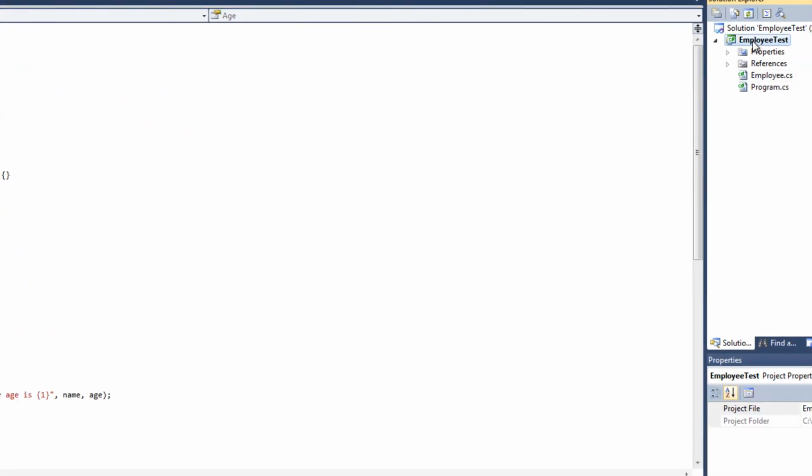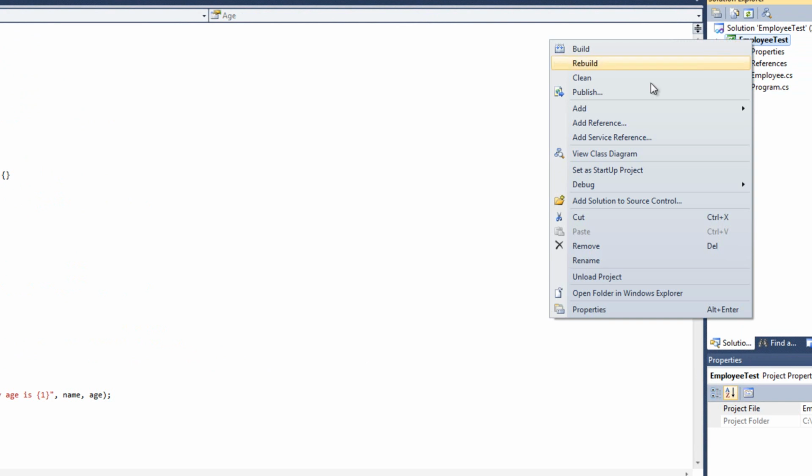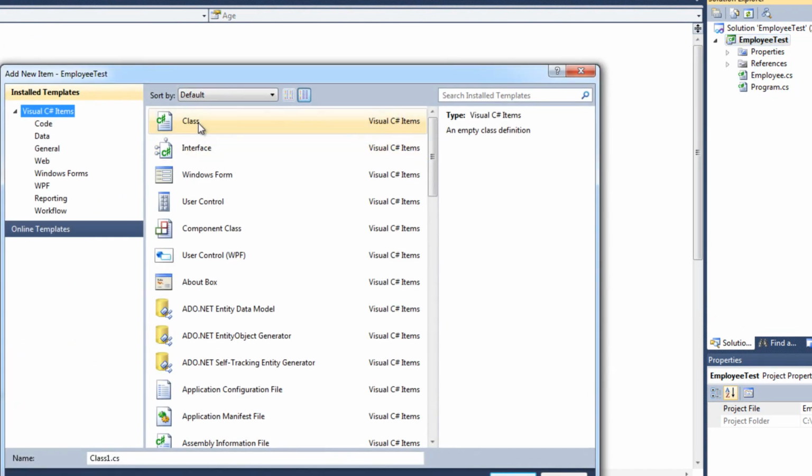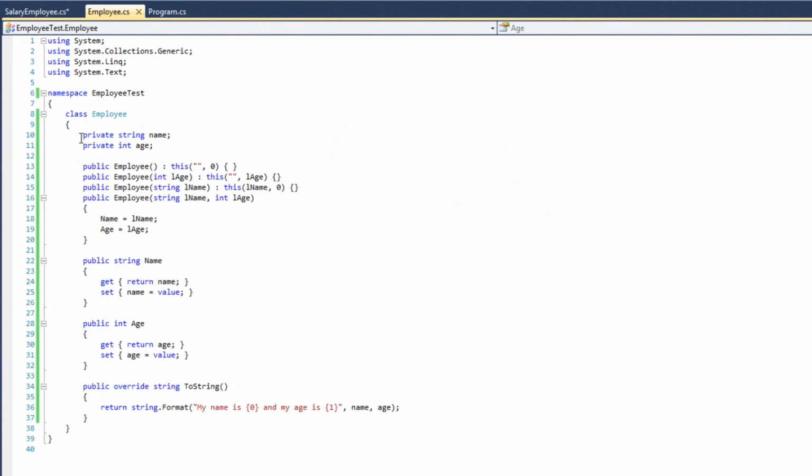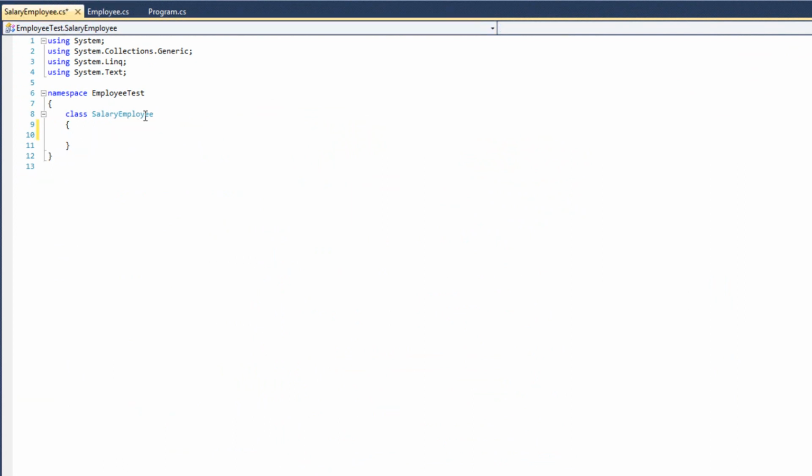So I'm going to go back up here to employee test. I'm going to right click, add new item, class, and this is going to be salary employee. Just like that. All right. So now we have a salaried employee. Now, inside this class, you might be asking yourself, well, what goes in here? Do I need to create a name and an age? No, because we are going to inherit salaried employee from employee. And we do that by this. We say class, salaried employee,